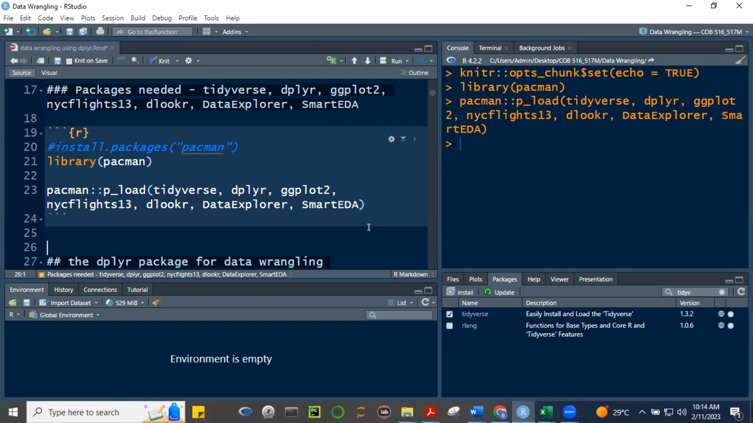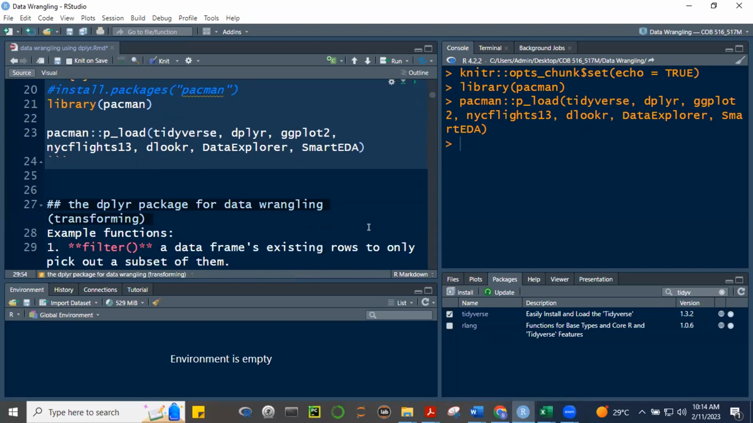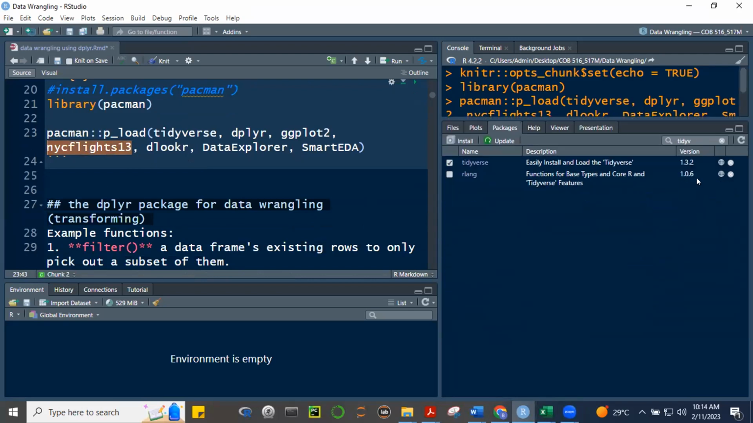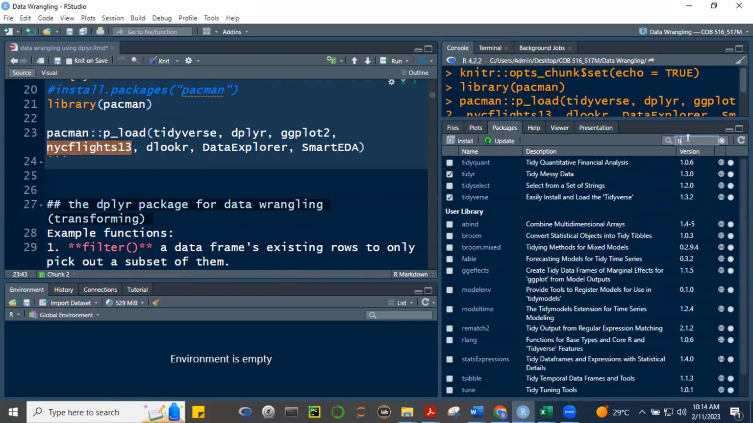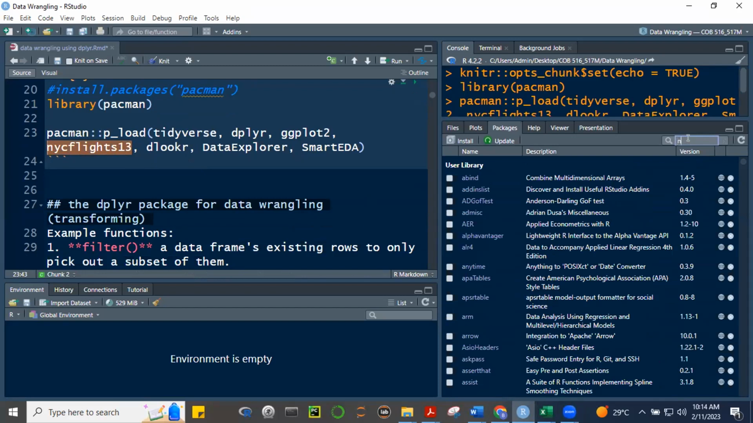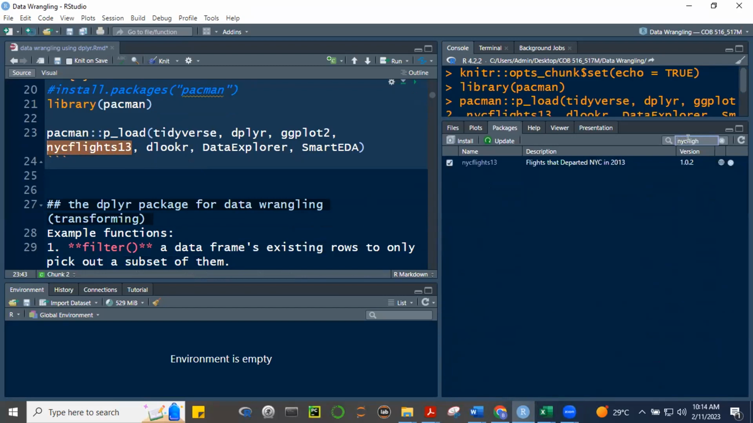Okay, so punta na tayo, class, dito sa main lesson natin. Okay, we're going to use this package. So hanapin muna natin dito si nycflights13. Let's go to packages and then type nycflights13. Yan, kita nyo, nycflights13. Okay. So, na-load na siya, di ba? Naka-click na yung natin, yung na-library na to. So, if I click this,